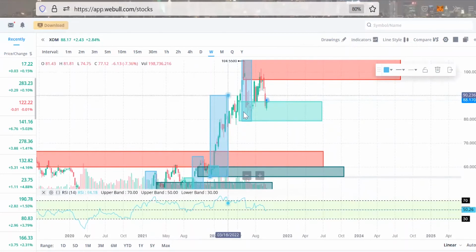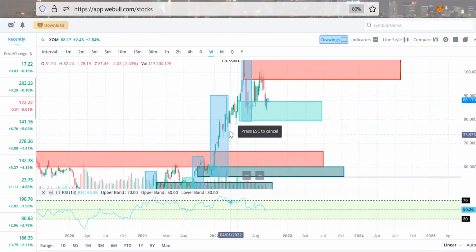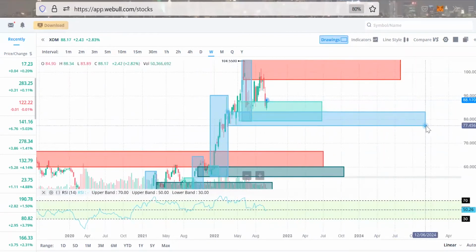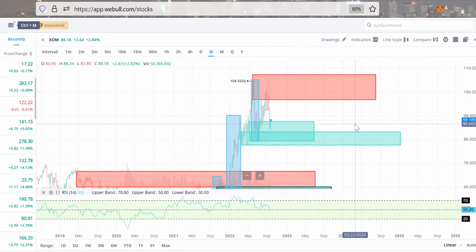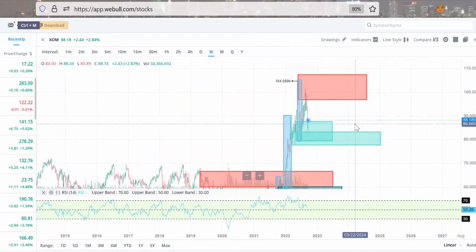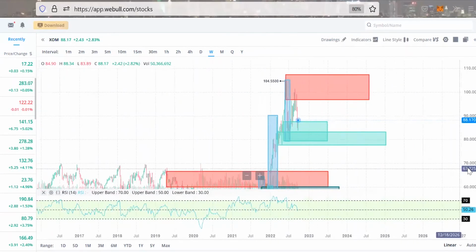Right? Previous up move right there. That last uptrend. Right there. Right? You guys see that? And if you understand there's a mitigation that he has to mitigate,